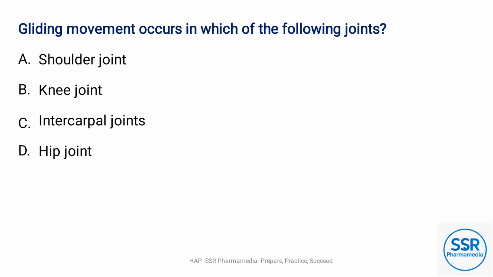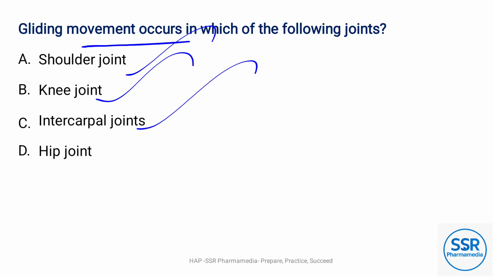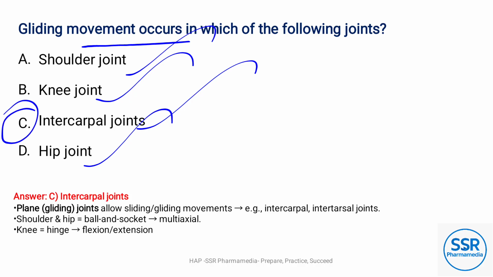Next, gliding movement occurs in which of the following joints? Option A shoulder joint, option B knee joint, option C intercarpal joint, option D hip joint. So the answer is option C intercarpal joint. A plane gliding joint allows sliding and gliding movements. Example: intercarpal